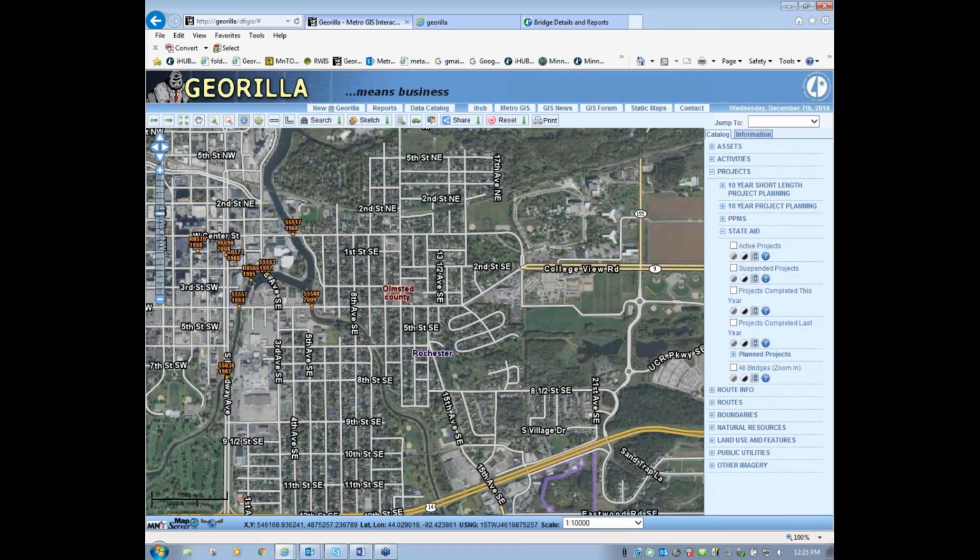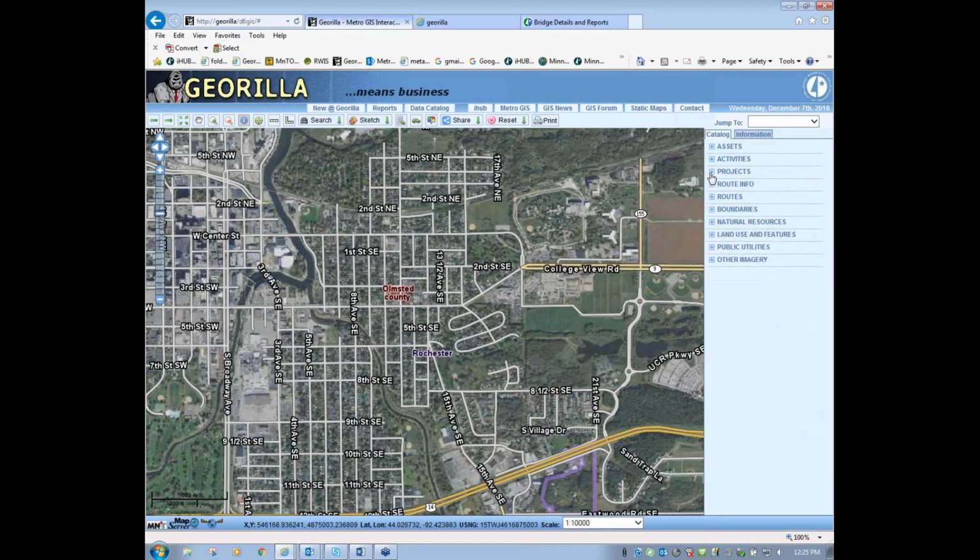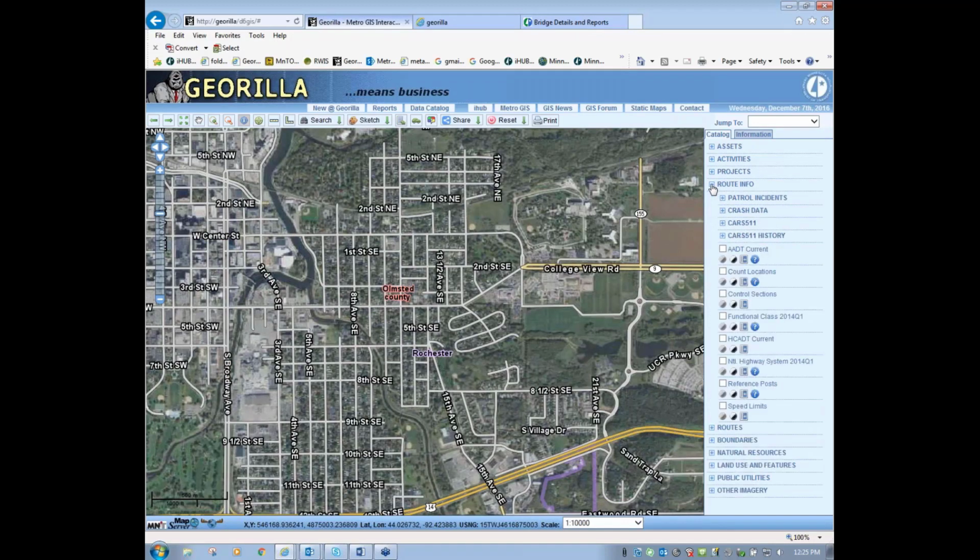So next, after projects, I'm going to close it. We have route information. In route information, there's crashes. We can get crash information. The 511 site. We can get ADT, count locations, control sections. Under control sections,